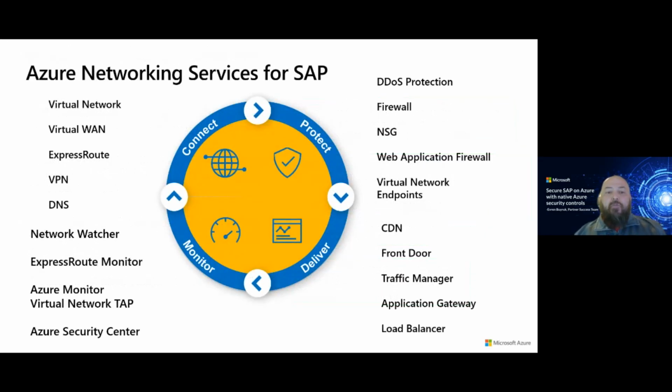Basically, I am going to be starting with the Azure networking services for SAP, as when we are talking about Azure networking services and Azure security, we are viewing products in 4 pillars. These are connect, monitor, protect, and deliver. These are very important for our partners to know, because protection is what we are trying to achieve for security here. But without understanding the networking components, the protection is not necessarily going to drive good value, because we need